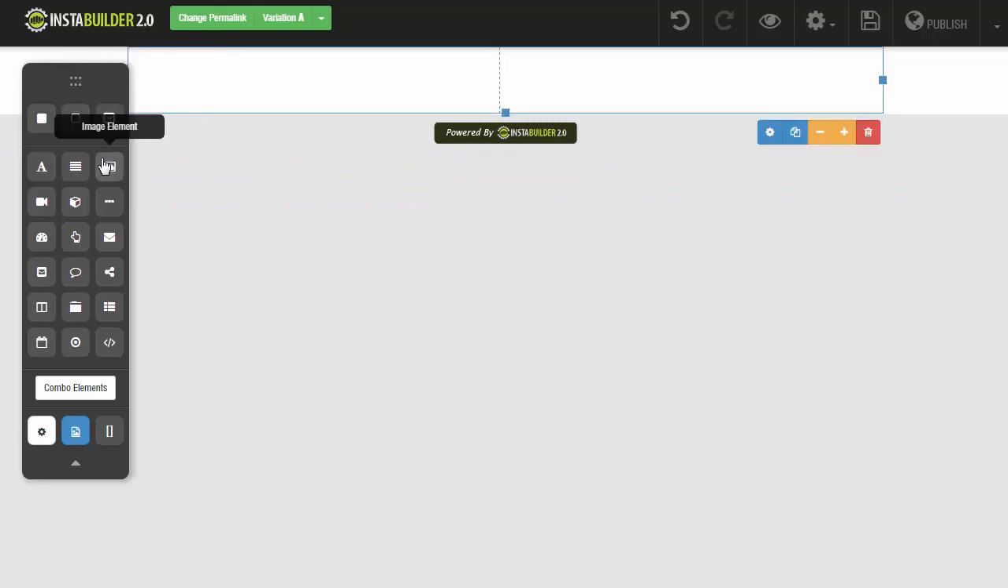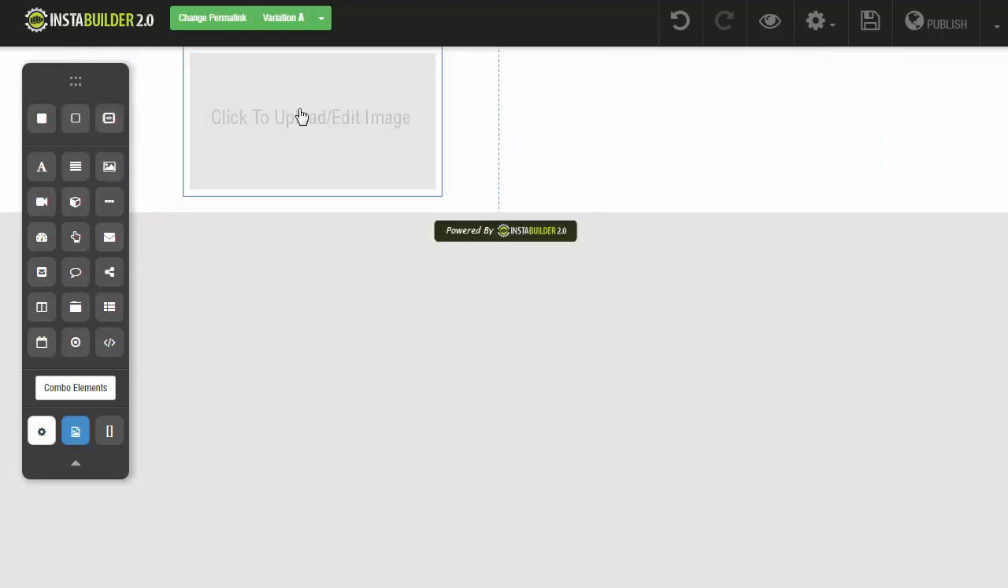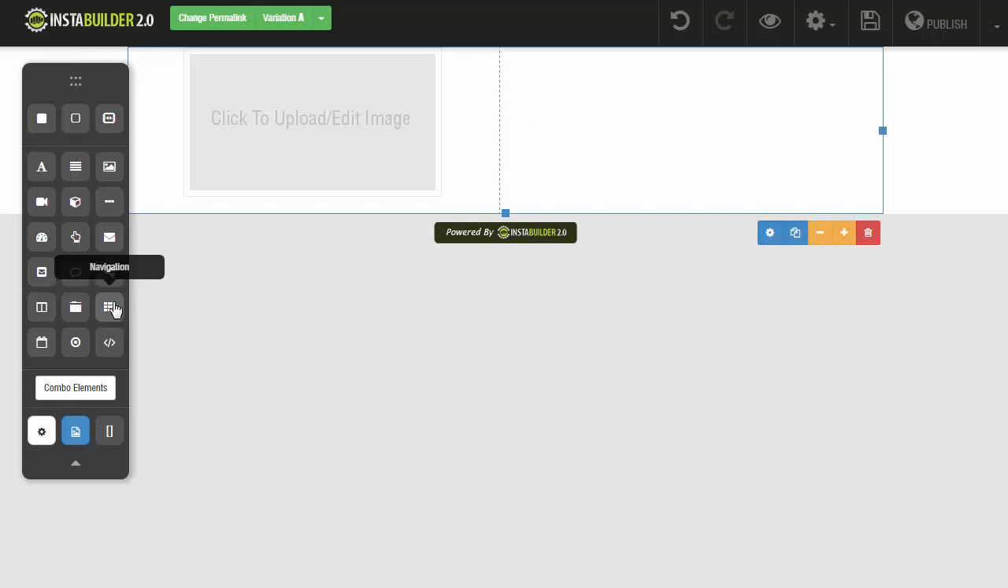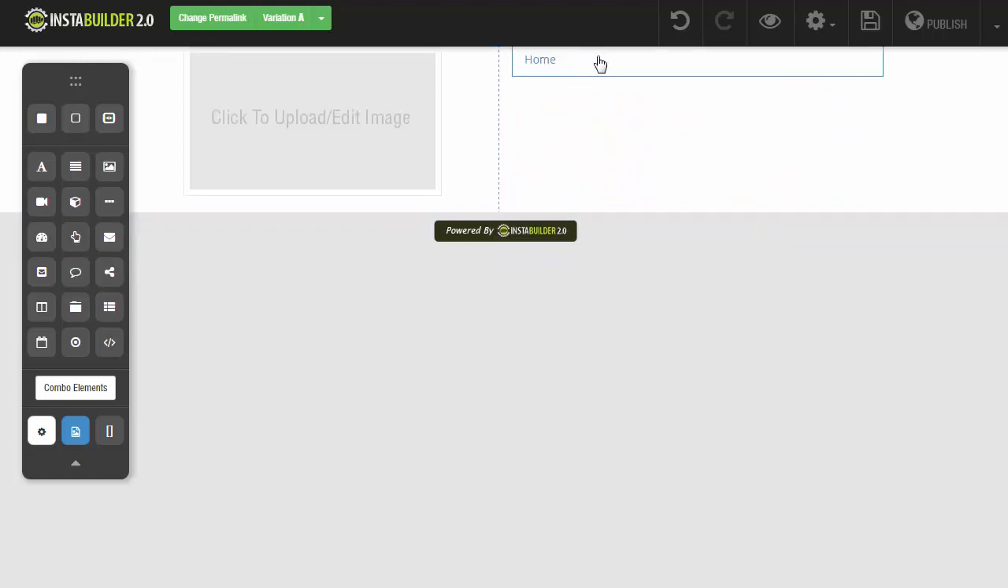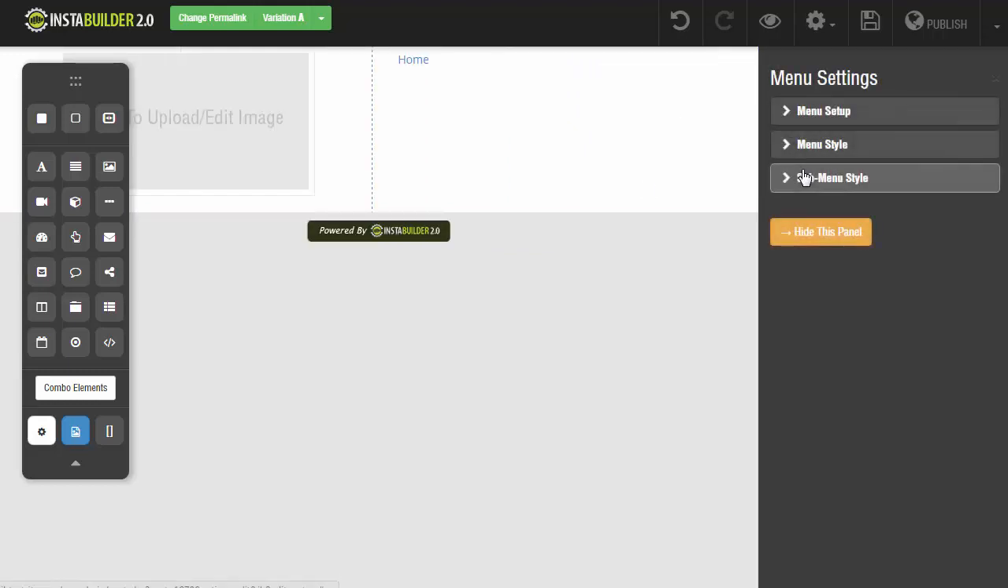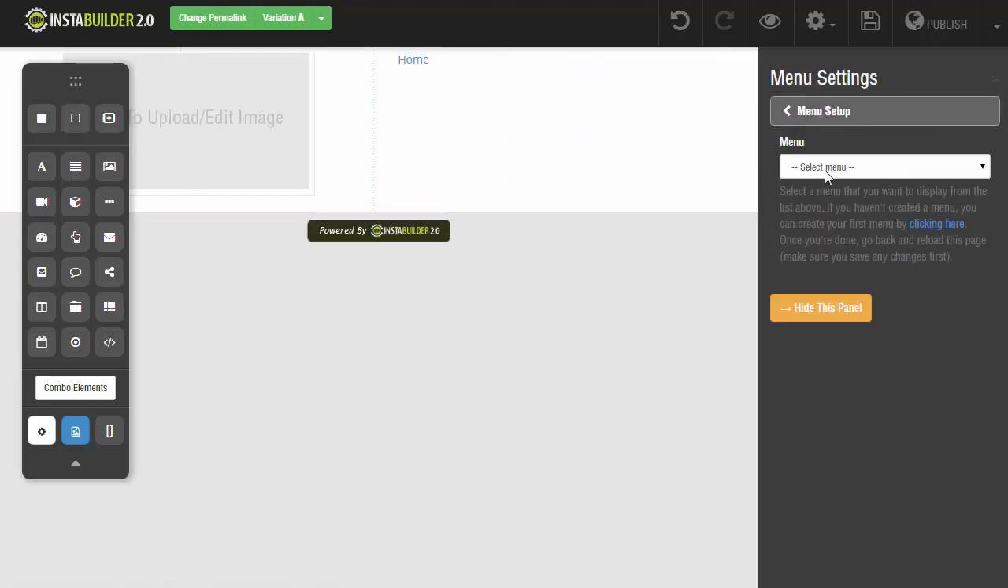On the left-hand side, it's going to be my logo, so I'm going to have an image. And on the right-hand side, it's going to be our navigation menu. So I'm going to click it, I'm going to drag it, and then once you have that dragged over there, we can go to menu setup, and then you will create your menu inside of the WordPress dashboard. And once you have that created, you just select which menu you would like to use from the drop down